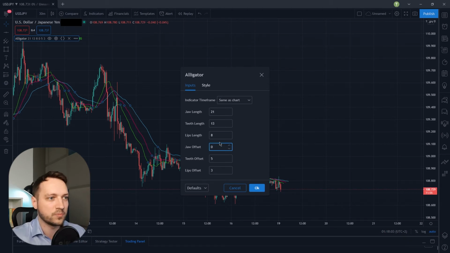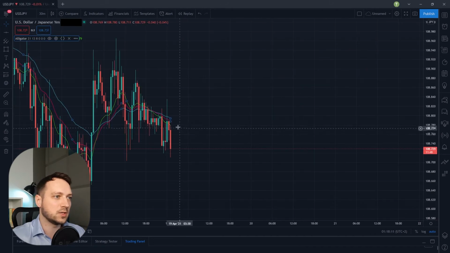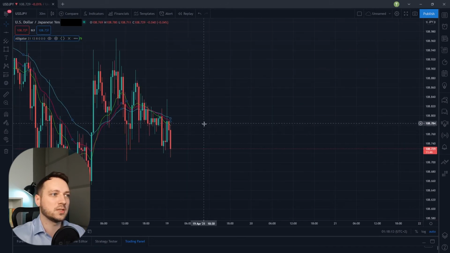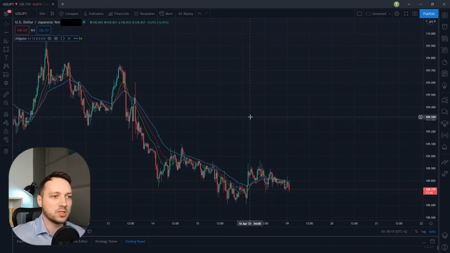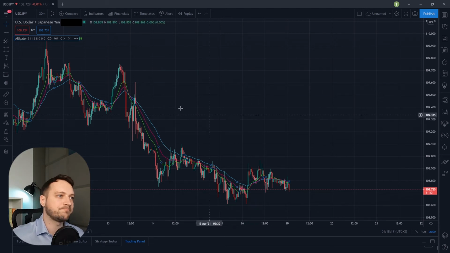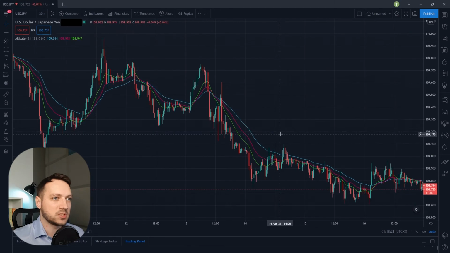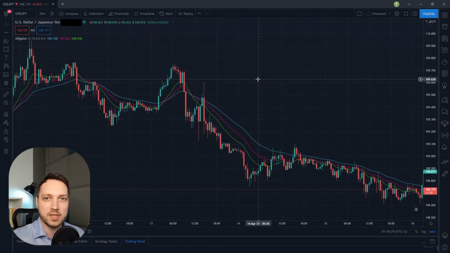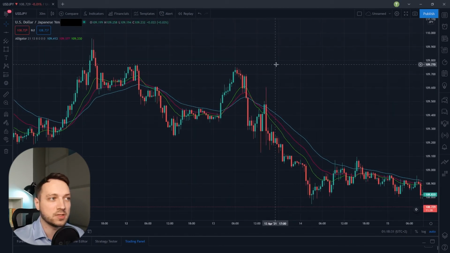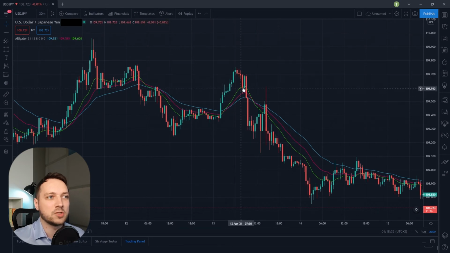So we need to set them as 0 so they could be directly on the chart. As you can see, they correspond very well with the current candlesticks. So it would give us a good opportunity to analyze it correctly. So the classic trading strategy based on this indicator is when the green line, the lips, is crossing the